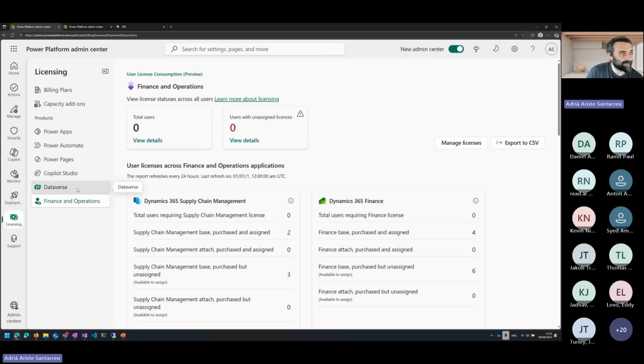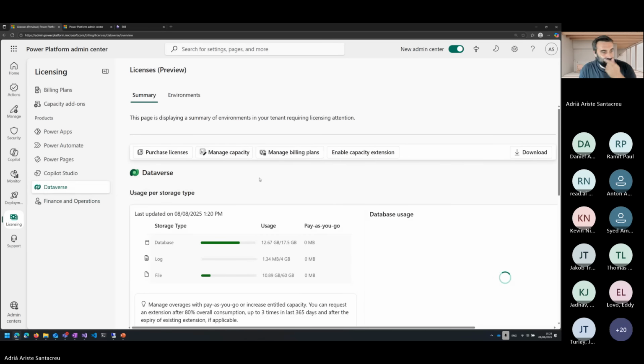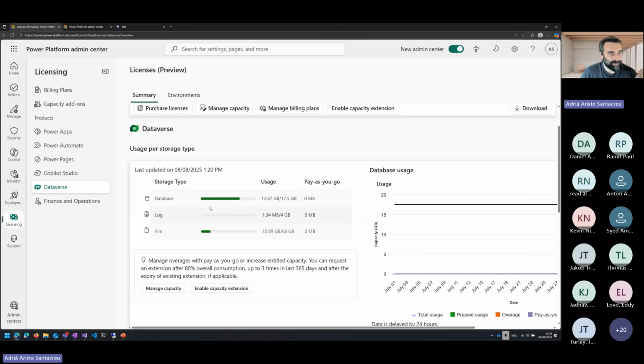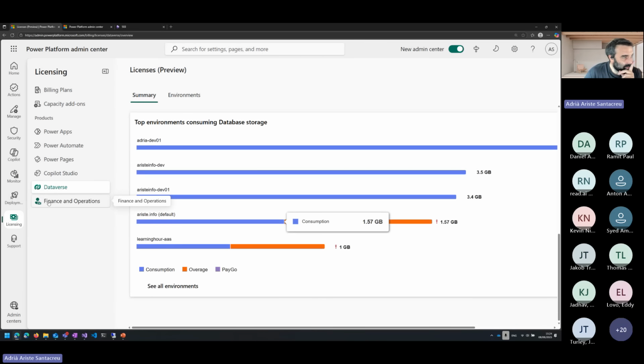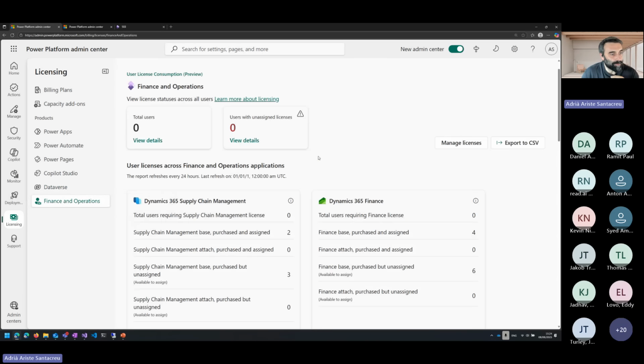Also on the Dataverse side, you can see how much capacity you have left for Dataverse. Then you can have a graph of what each environment is taking. But sorry, if I go back to FNO,